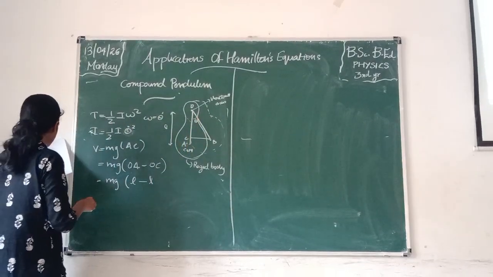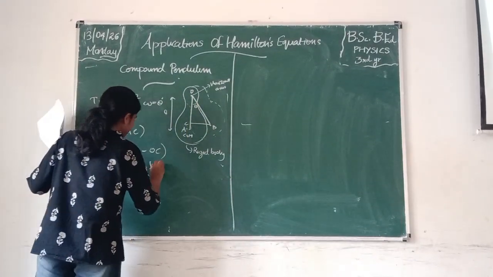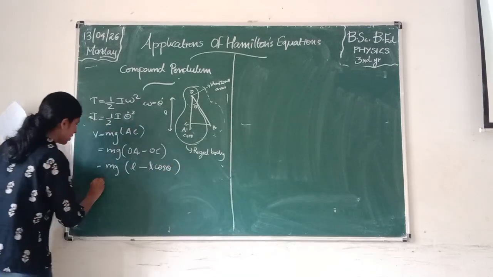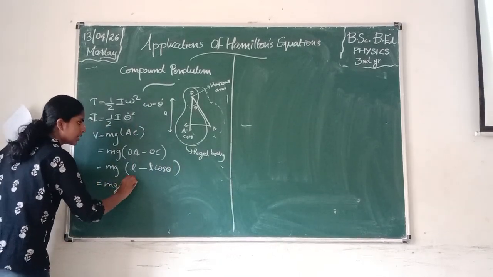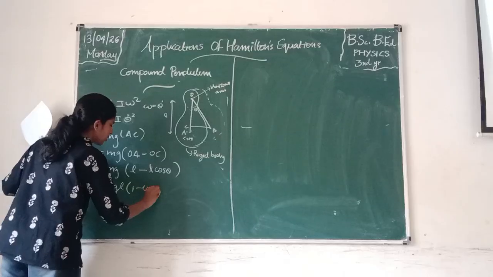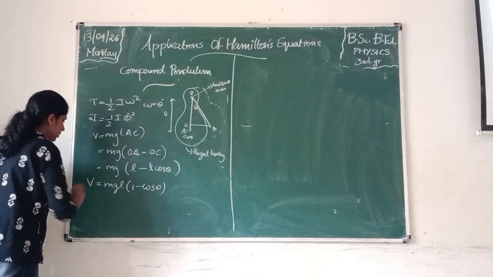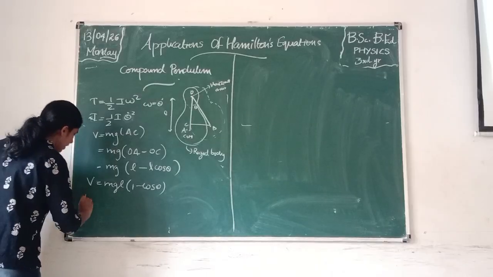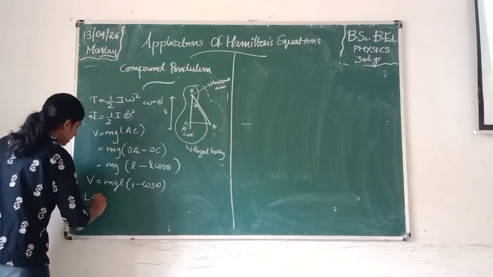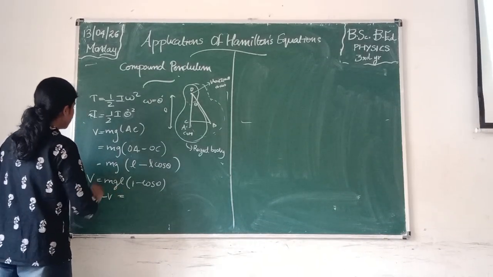L minus L cos theta. So mg L into 1 minus cos theta. This is our potential V. So the Lagrangian L will be E minus V. That is